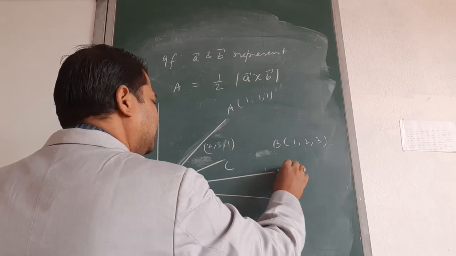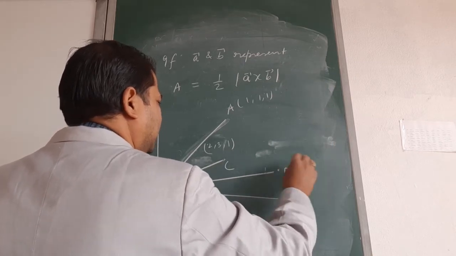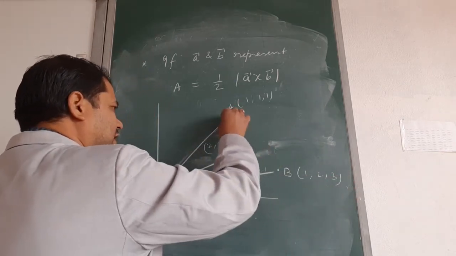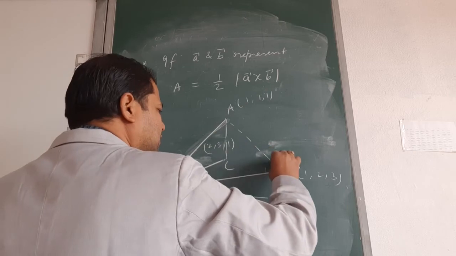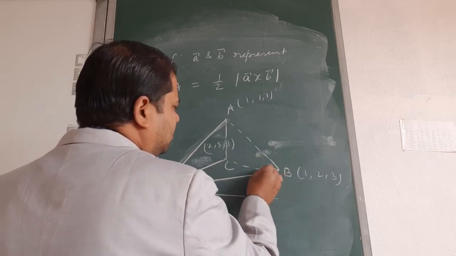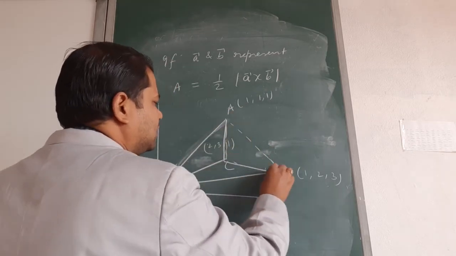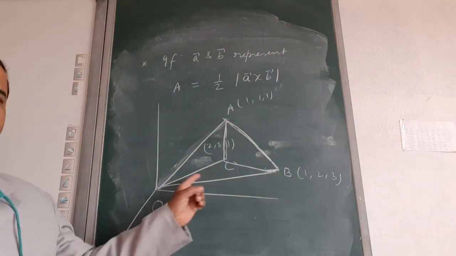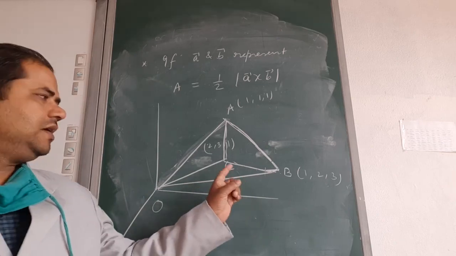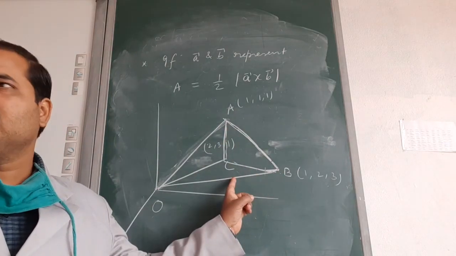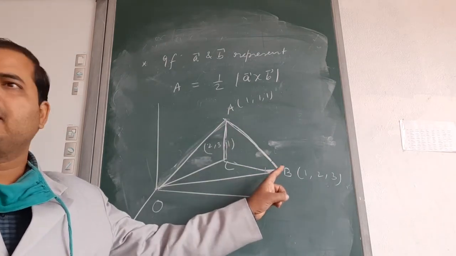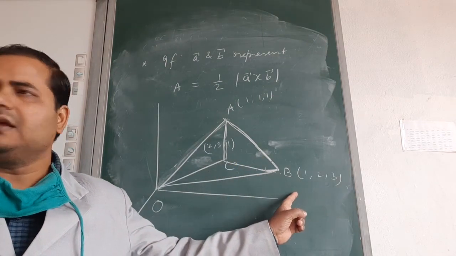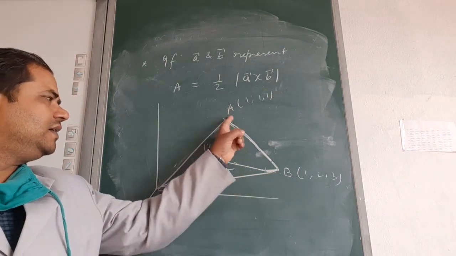यहाँ पे B पॉइंट ले लेते हैं, ठीक है ना, B जो भी रहा हो, 1 2 3, and now join this. This is your triangle. This and this is the triangle. Clear? Now AB, if you want to find AB, adjacent side, which one the adjacent side? AB and BC. AB and BC is adjacent side, or AC and CB is adjacent side, or AB and AC is adjacent side.